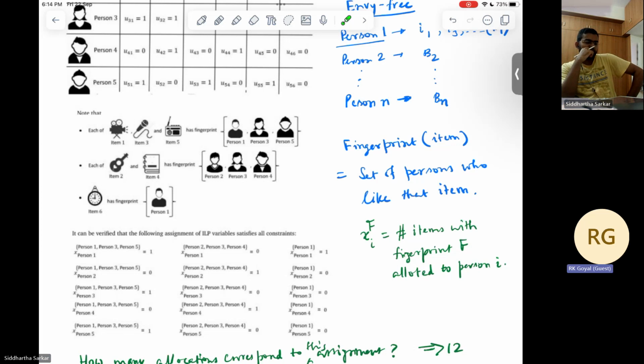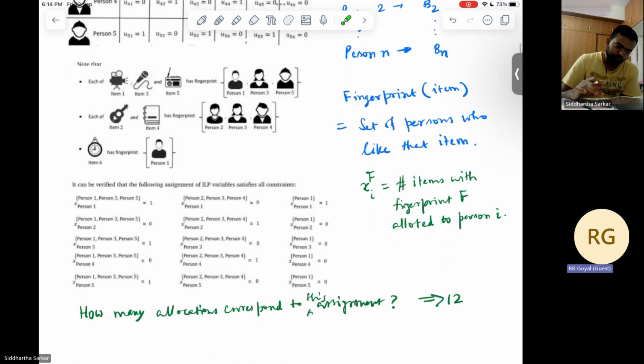So in the case of the first fingerprint, we have got three items. So these three items can be given in how many different ways? Three items can be distributed among three people in how many different ways? Say in six different ways, right? And then there are two items in the fingerprint two. So two items can be distributed in two ways, and then only one item is there for the last fingerprint. So therefore this total number of ways came out to be 6 into 2 into 1,